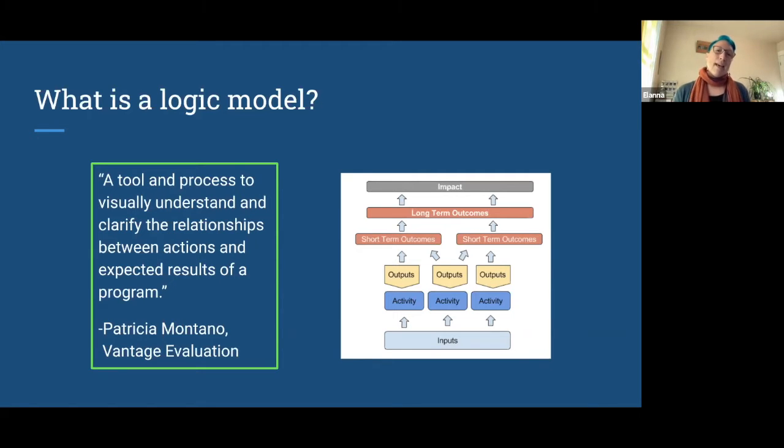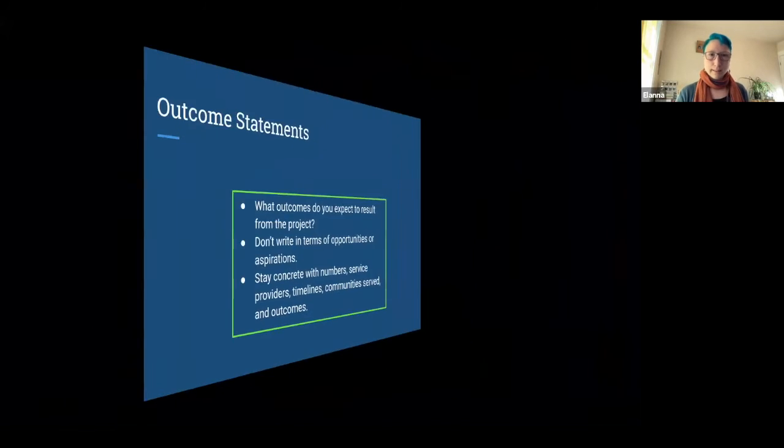The thing that I would say is missing from this visual right now is your mission statement. So we want to stay centered on the mission of your organization. If you're just starting a group and maybe you need to look for fiscal sponsorship, you still need to have a guiding mission statement for what it is you want to accomplish in a community. So at the very top of that image should be your mission statement. How does all of this work relate to fulfilling the mission of your group or your organization through this project?